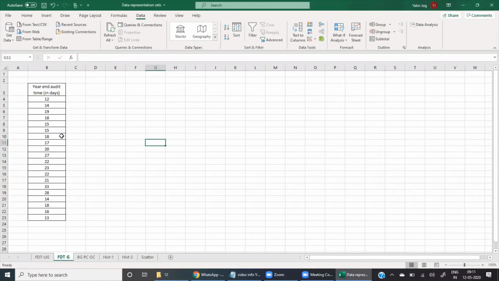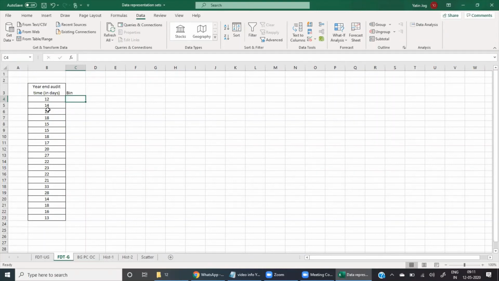Now this is our quantitative data, for which I have to draw the histogram. So first I have to convert this data into grouped data, and then I can draw a histogram of the grouped data because I have to create continuous data out of it. In Excel, in the case of a histogram, there is a concept called a bin. What we call a class interval is nothing but a bin in Excel.